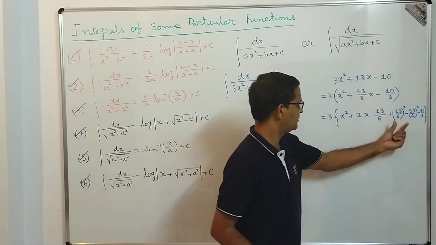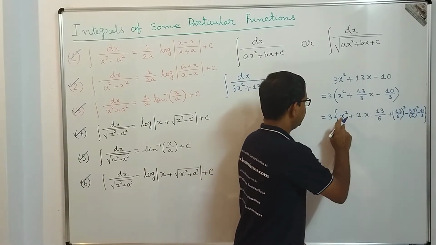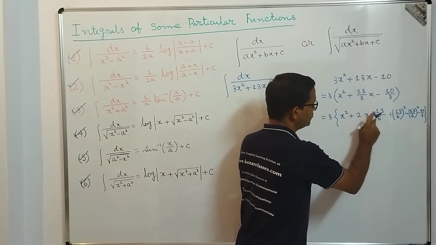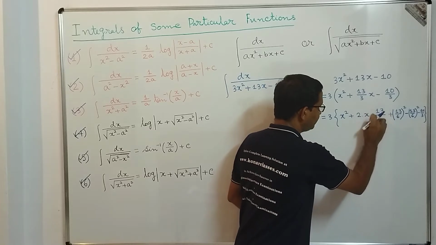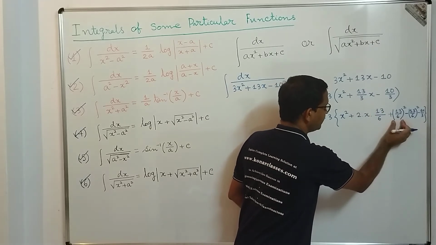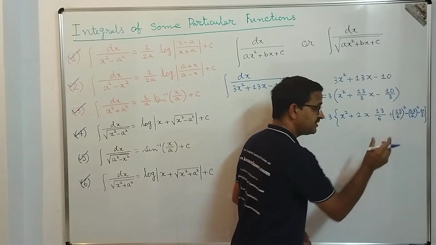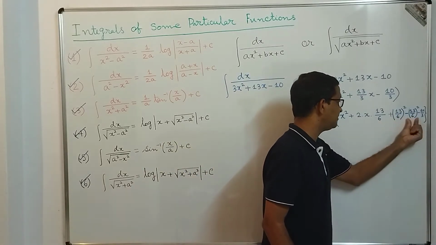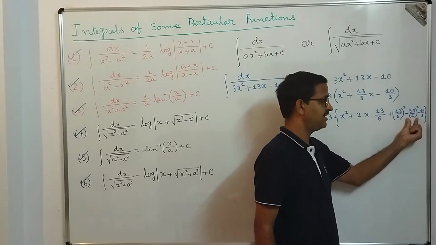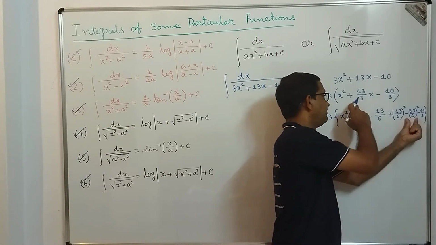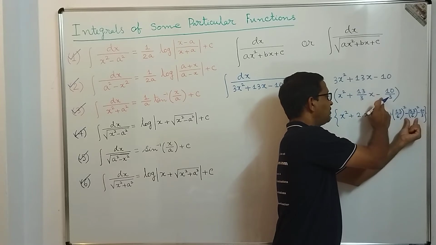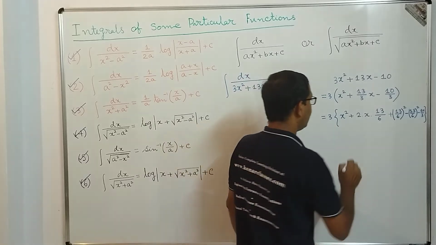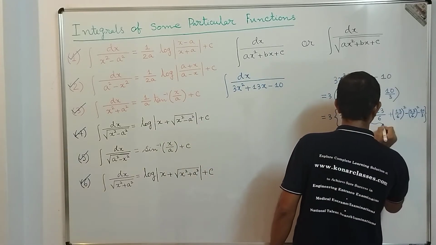Whatever I have written is a little small. Let me explain: x square to x square is exactly the same. 13 by 3 into x becomes 2 into x into 13 by 6. Now as 13 by 6 is there, we made (13 by 6) whole square. Now (13 by 6) whole square is our extra addition, so we should subtract the same thing, so that it becomes the same as the previous one. And in the previous step there was minus 10 by 3 and we wrote minus 10 by 3. That's it. Why we have done so, I already explained in a few of the previous examples.